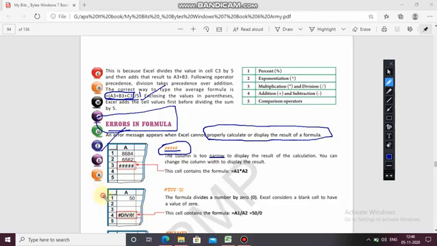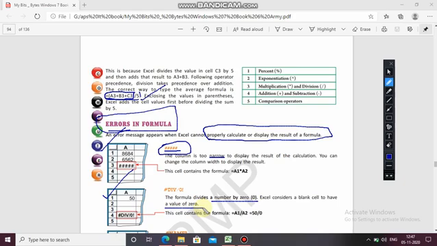Now second, #DIV/0!. The formula divides a number by 0. Excel considers a blank cell to have a value 0. So what happens when you divide a number by 0 in Excel?